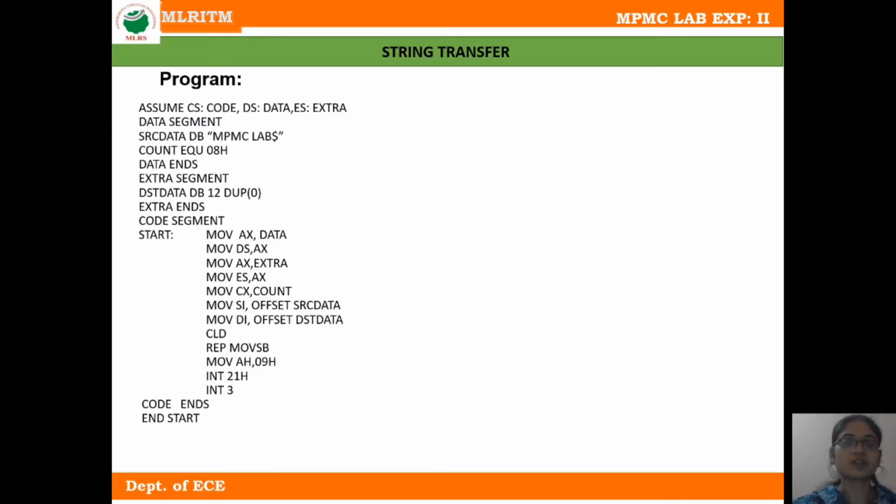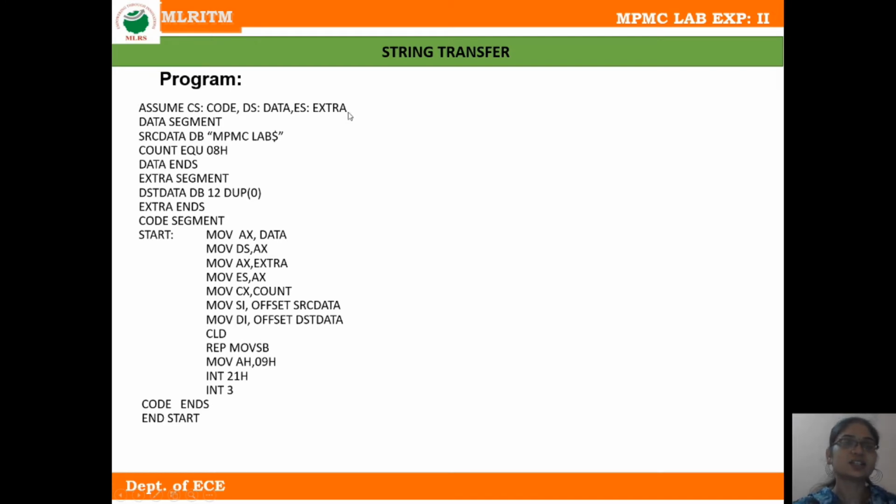The program of string transfer starts with the assume directive. Using this assume directive, I am selecting the code segment and data segment. CS colon code is used to select the code segment, DS colon data selects the data segment, and ES colon extra indicates the extra segment.